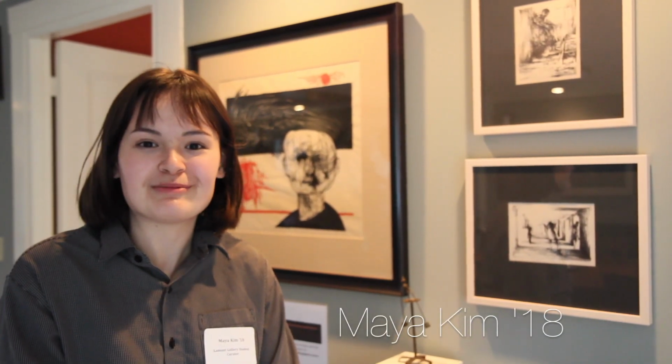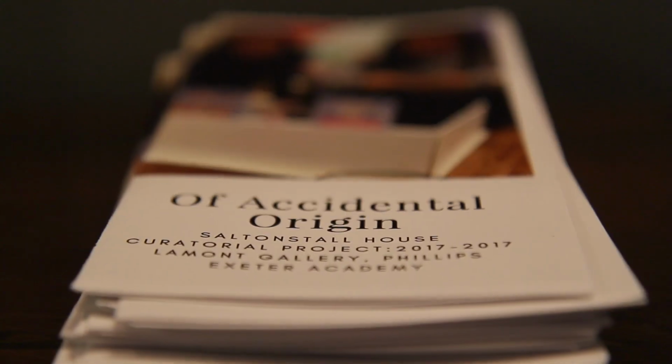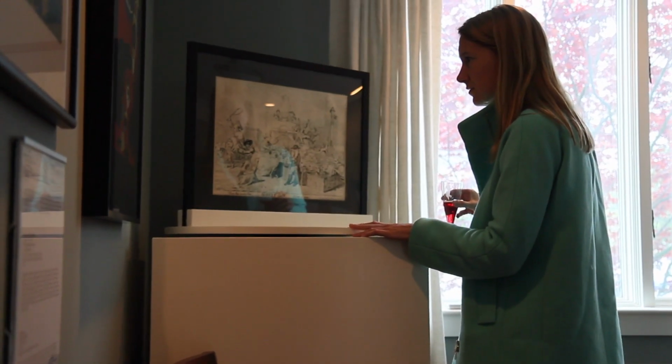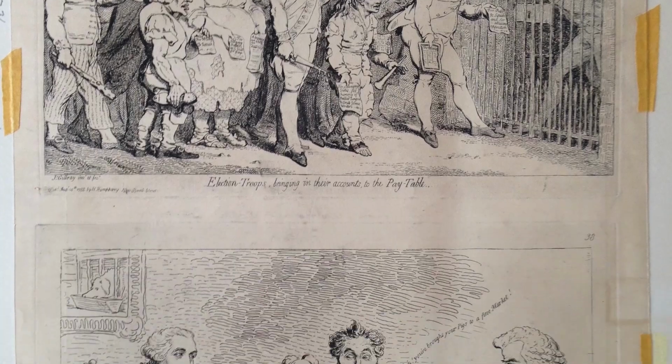So we're here in Miss McFarland's house for the exhibit opening of Accidental Origin, which is a project we've been working on for a few months now. We've gone through all of the art archives in the art building. The Lamont Art Gallery has a huge permanent collection, and it's so vast that it doesn't all fit in the storage area. There's a lot of it in the basement of the Academy Center, and it's getting damaged there